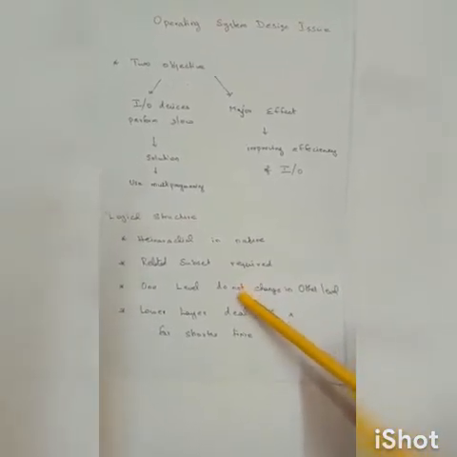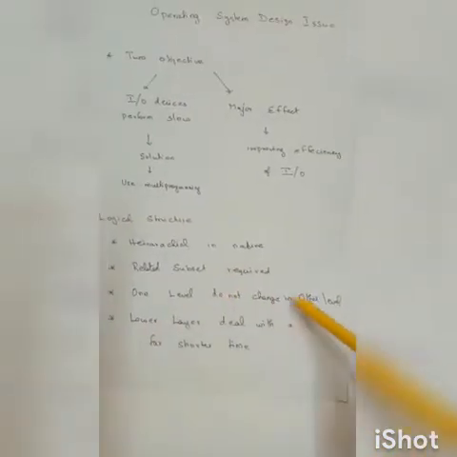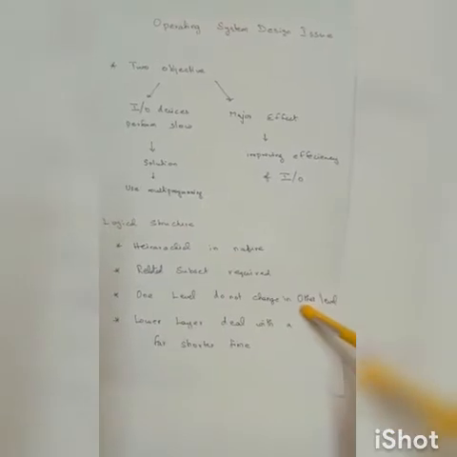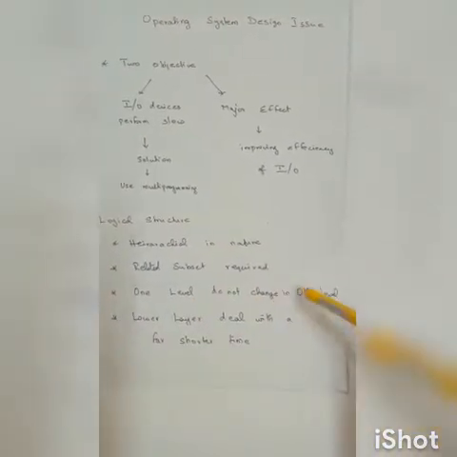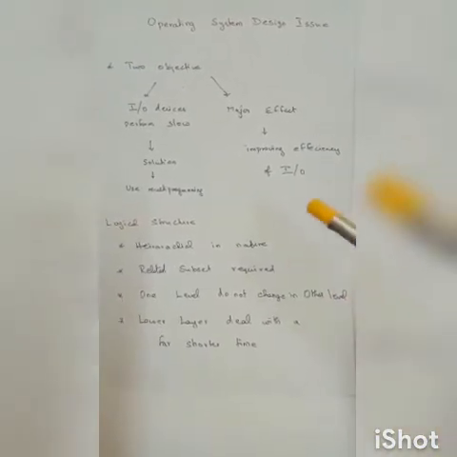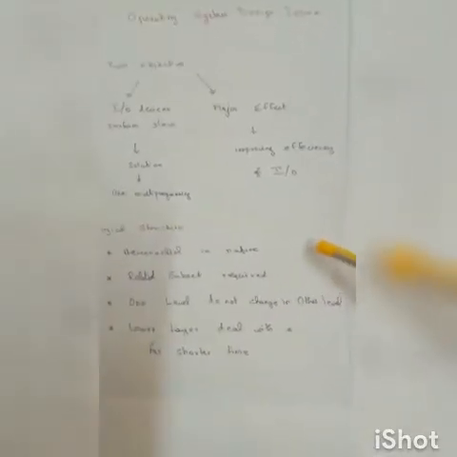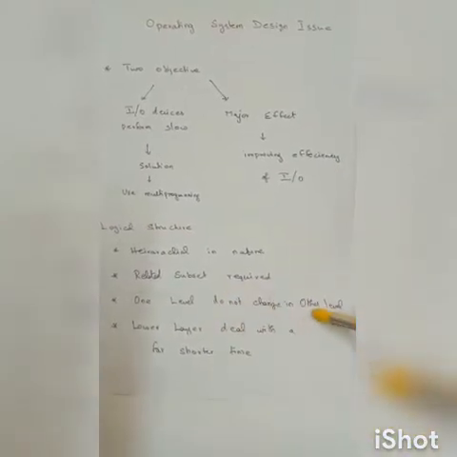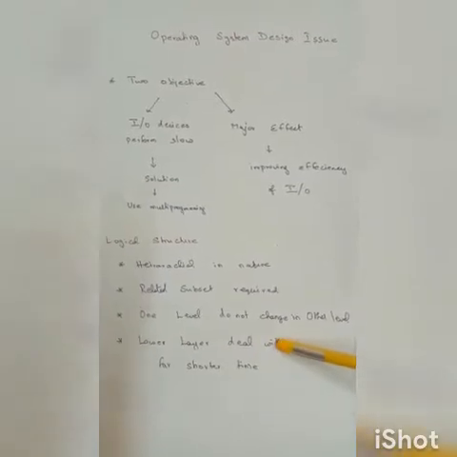The third point: when there is a change or any error or any crash in one level, that will never affect another level. This is a very important thing. When my process is affected at a single level, it should not and must not affect another level. If it does, then my entire design solution becomes zero. So the issue in one level will not affect another level. And the last point is that the lower level deals with very short time.